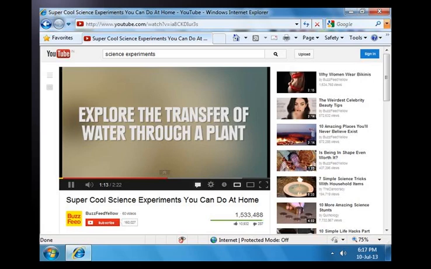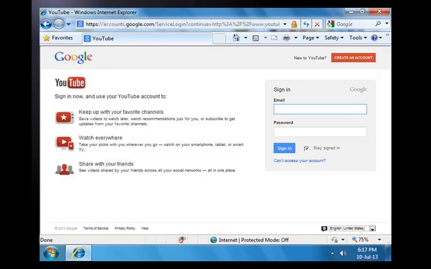To sign into YouTube using your Google account, such as your Gmail account, click on the Sign In button on the top right. Google sign-in page appears. Fill in your sign-in details such as email and password, and then click on the Sign In button to sign in to YouTube. If you do not have a Google account, click on the Create an Account button to create